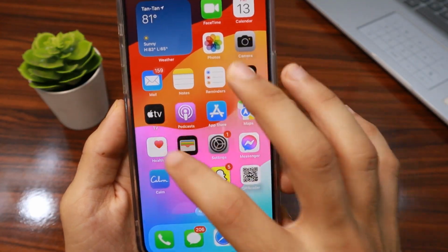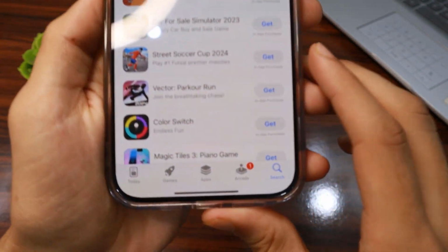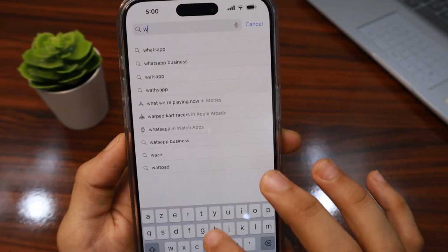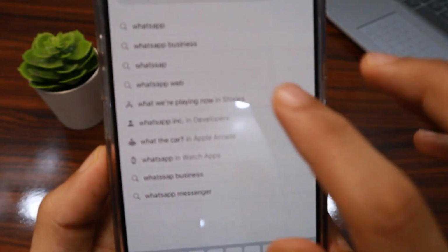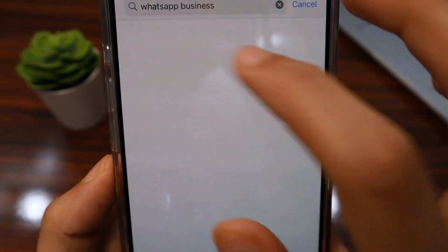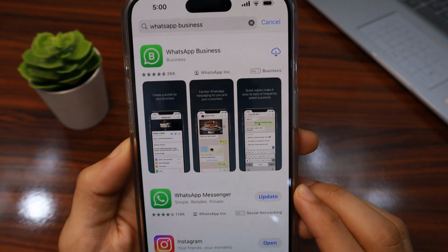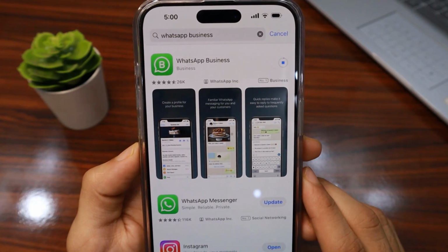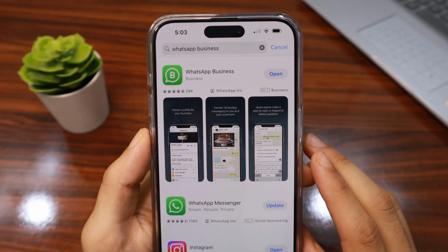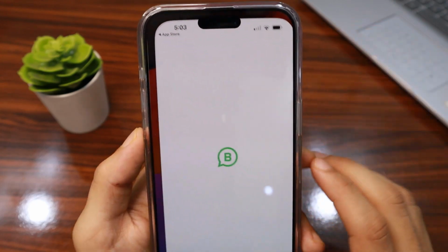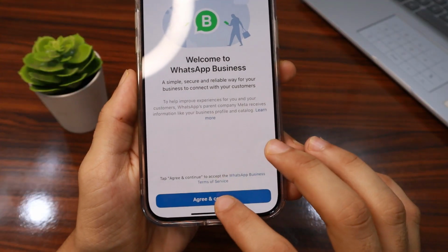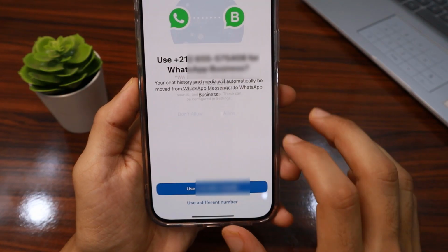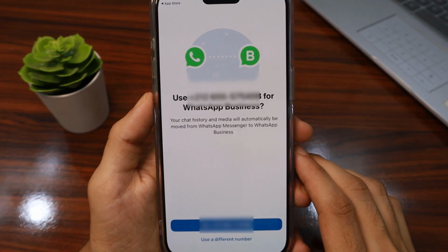So first, open App Store and tap search and search for WhatsApp Business, as you can see here. Then tap this icon to download WhatsApp Business. After downloading WhatsApp Business, tap open and then tap agree and continue and tap allow, and then WhatsApp Business will